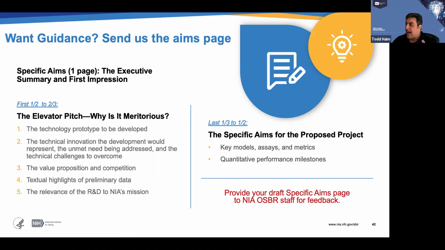We will provide guidance on if your aims are a fit for what you're looking for. If it's for this specific RFA, then please send that to Chhanda and Rebecca. However, you can send it generally to our office if it's for the omnibus or other funding opportunities.